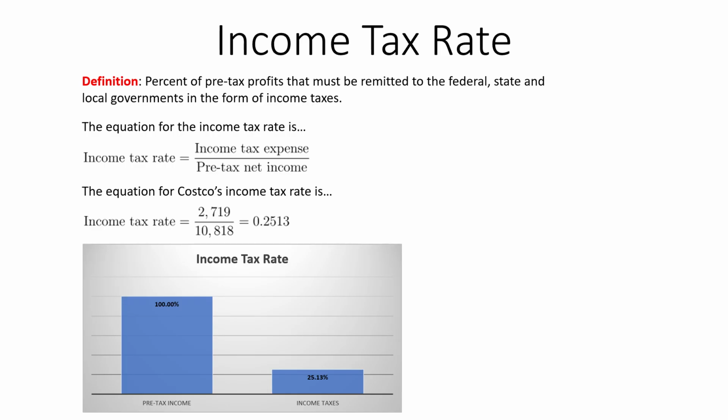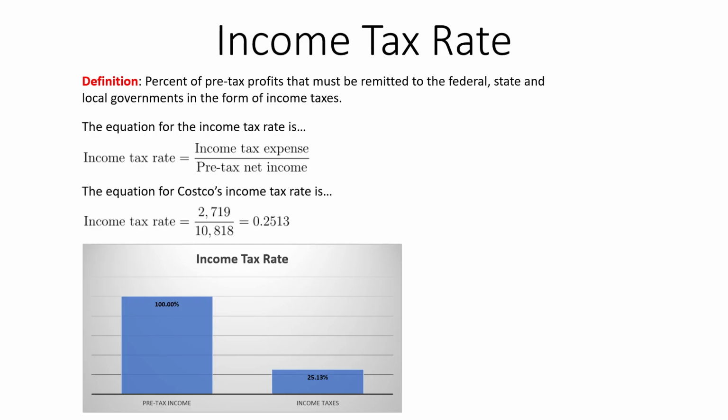The higher that rate is, the less and less goes to my bottom line, and less is available to my common stockholders. Now, the federal tax rate maxes out. I think the last time they redid the tax code was around 21%. So you're going to have companies with income tax rates greater than that, and companies with income tax rates less than that. So how do we calculate that?